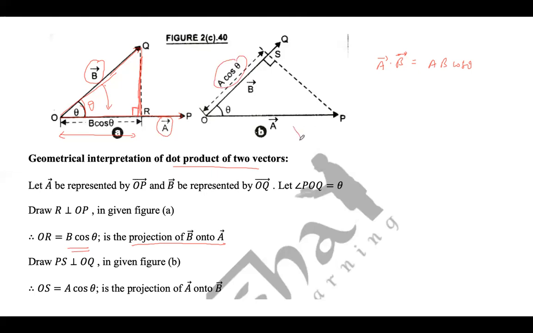Projection means, if I am observing it from this side, the value of this vector which is seen along the other vector is equal to this much. If we drop a perpendicular, this is the value we will see. Similarly, when we see it from this direction, this is the value of this vector seen along the vector A. So that is known as the projection of vector B along A. And here this is the projection of A along vector B. A cos theta is the projection of A onto B.